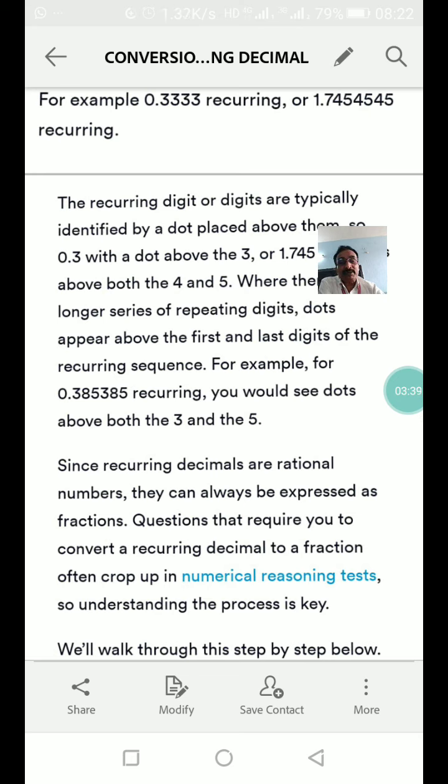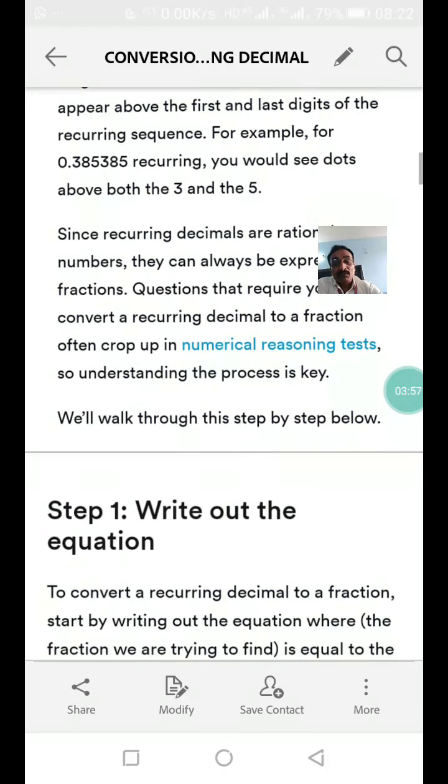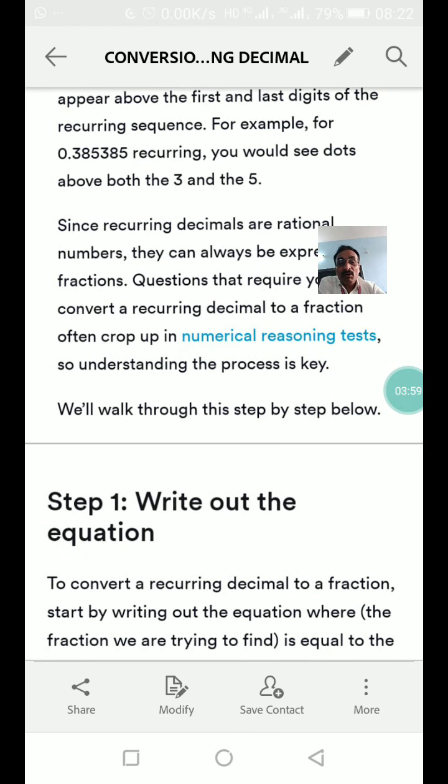Since recurring decimals are rational numbers, they can always be expressed as fractions. Now, questions that require you to convert a recurring decimal to a fraction often crop up. Now, we will walk through this step by step. Now, taking the first step,